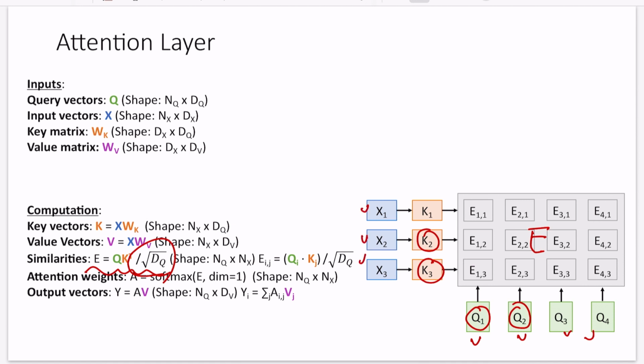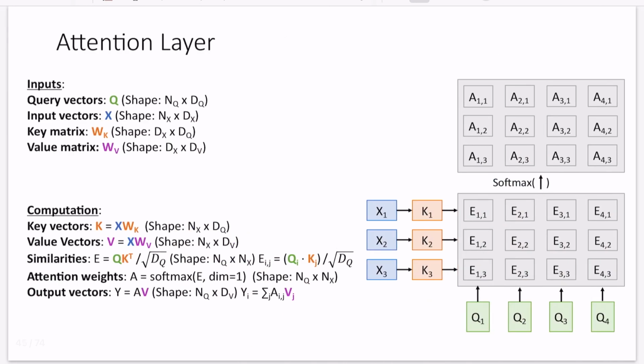Then after that we need an attention map. How can you do that? Just normalize such an E matrix to the A matrix. Please be careful when you apply the softmax function, because we have to normalize this similarity map across this dimension, because this dimension means the set of the target vectors, let's say X. So just normalize E11 to E13 to generate A11 to A13. So it means that the sum of these three values should be